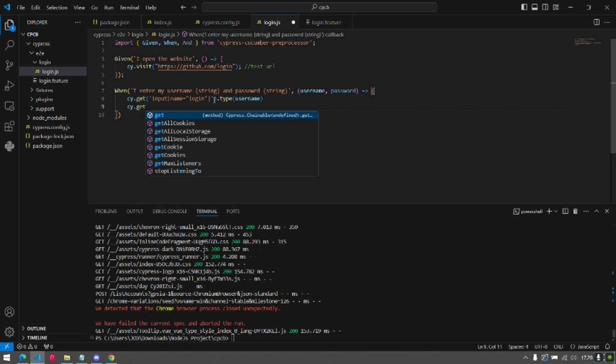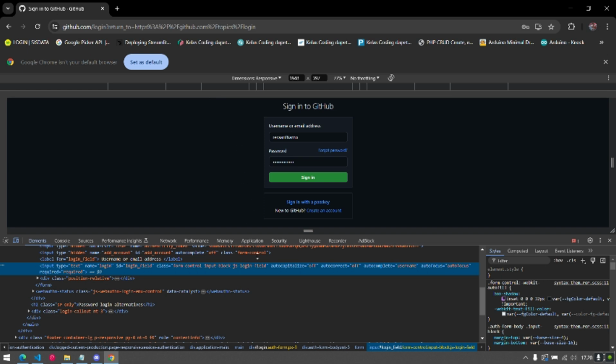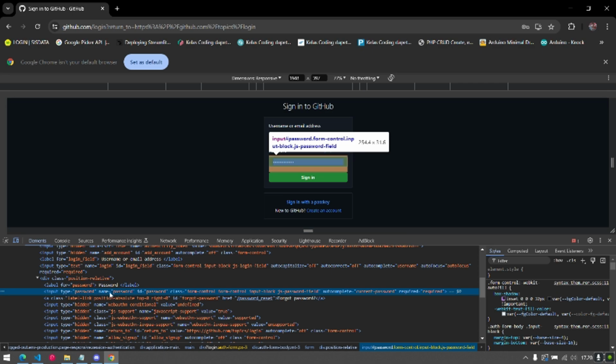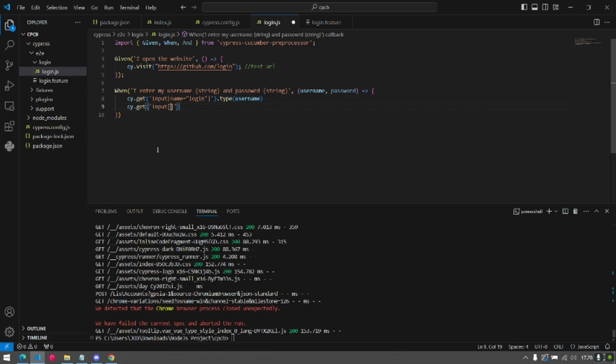Okay, and then move to another input, which is the password. What is the element of password in GitHub? Okay, one second. Okay, input name. Alright, the name is password.